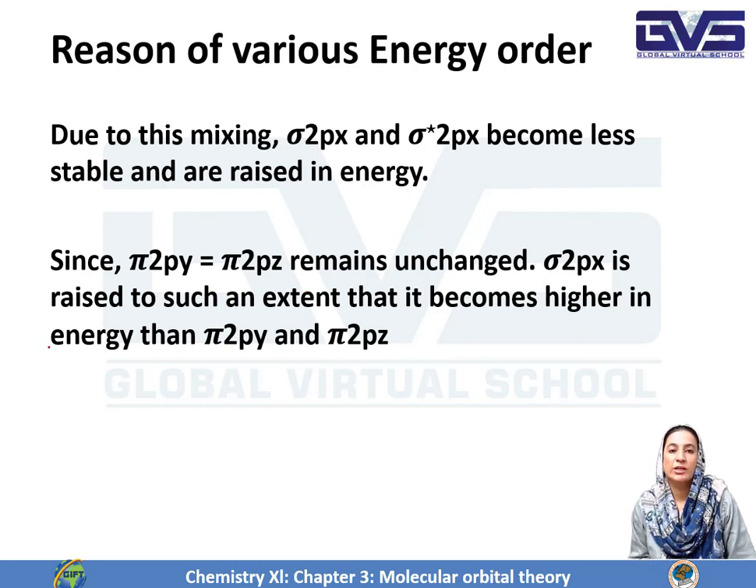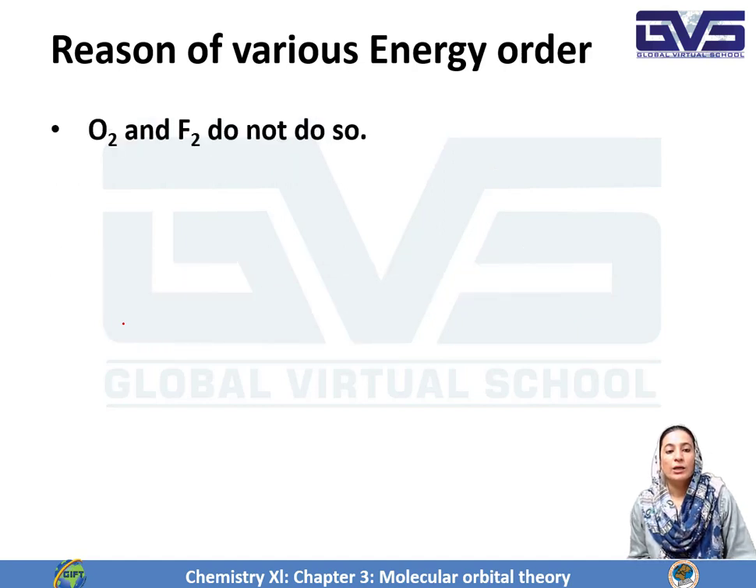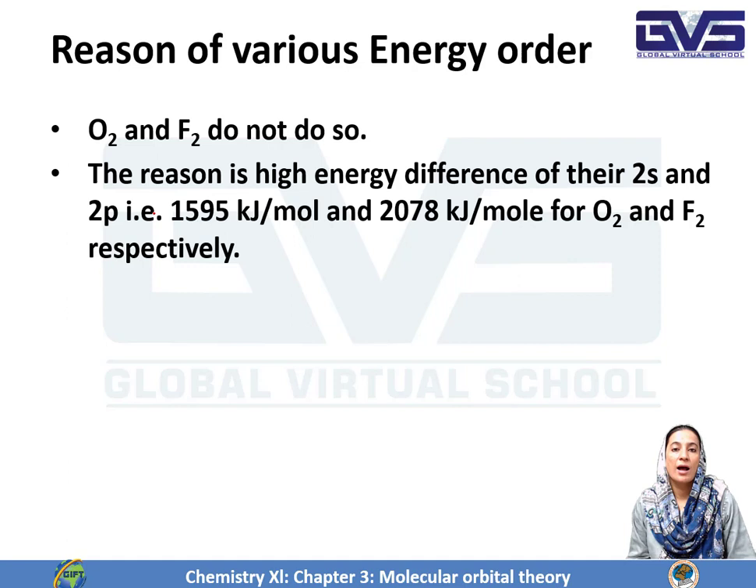But sigma 2px is raised to such an extent that it becomes higher in energy than pi 2py and pi 2pz, as I have discussed in the molecular orbital diagram as well as in the previous slide. But in oxygen and fluorine, there is no intermixing, because of the high energy difference of their 2s and 2p. In case of oxygen, the energy difference between 2s and 2p is 1595 kilojoule per mole, and for fluorine this energy difference is even more,